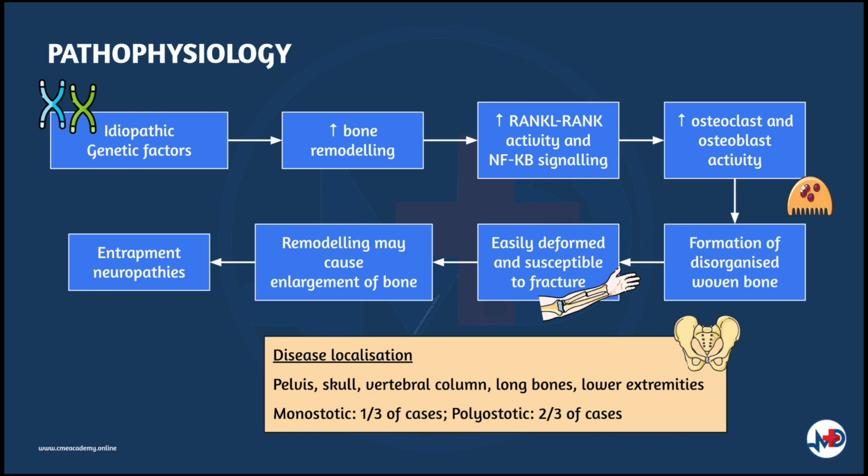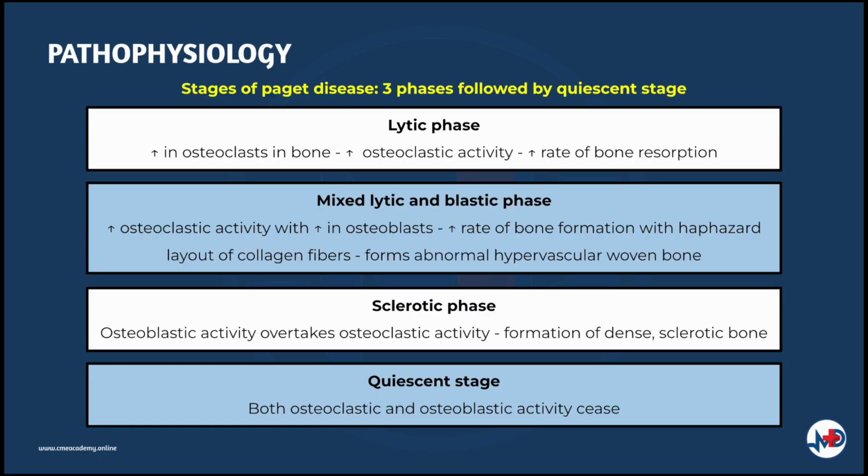The most commonly affected sites are the pelvis, skull, vertebral column, long bones, and lower extremities. In roughly a third of patients, the disease is monostotic. In the remaining two-thirds of the patients, the disease is polyostotic. The main feature of Paget's disease is localized areas of hypermetabolic bone,